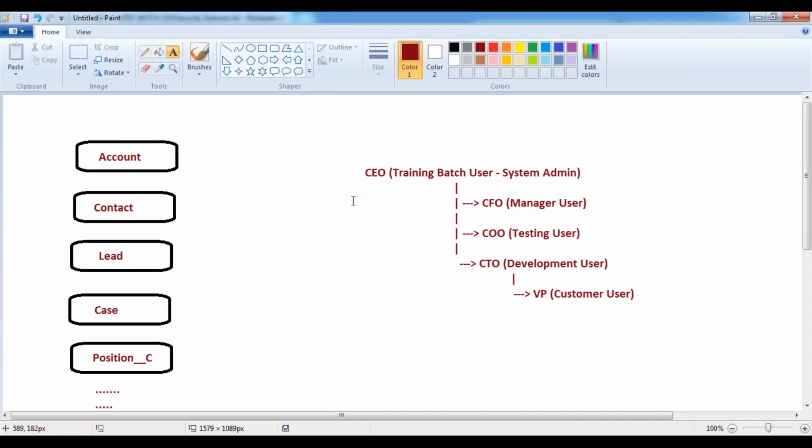On the other hand, I have these users available, like some training batch user and the manager user, testing user, customer user, development user. Like that, we have so many users inside my organization. Now, whenever a testing user has created a record inside this account table, to whom that record should be visible, that means we are indicating the